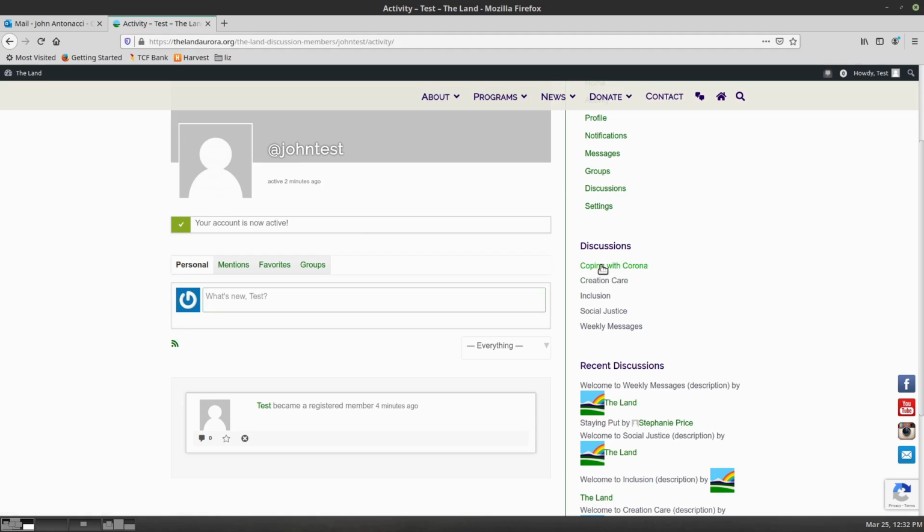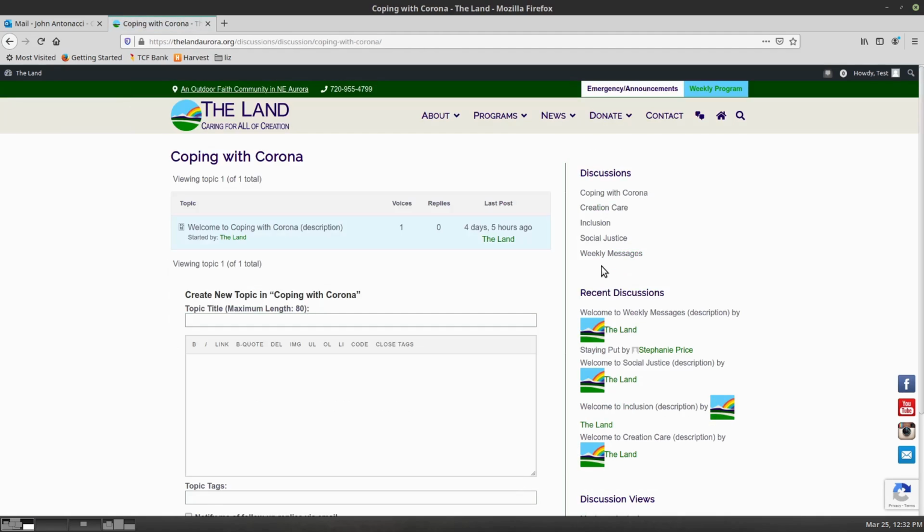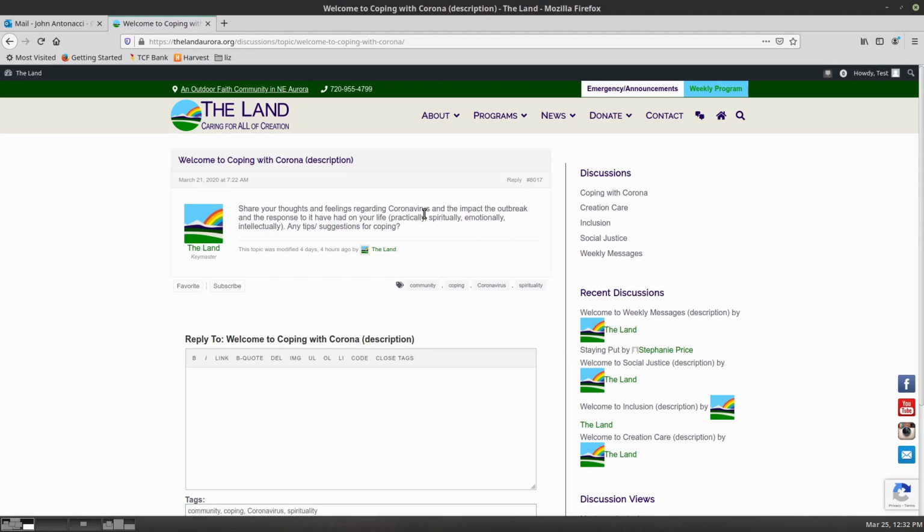So we have various different categories of discussion. So Coping with Corona. Each of these has a topic. The discussions are kind of like categories. Topics are then subjects within that category. At the top of each one, I've just put a description of the category in here. So Coping with Corona. If you were to open this up, share your thoughts regarding the coronavirus and response. I wouldn't expect to have a whole lot of reply to this particular topic, but